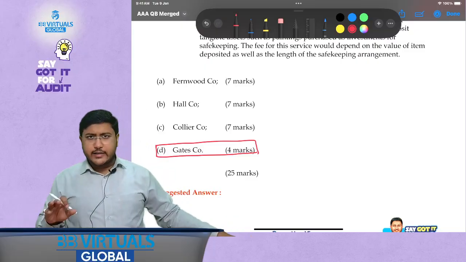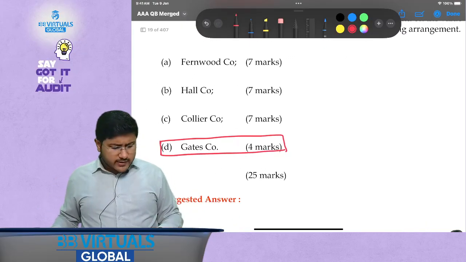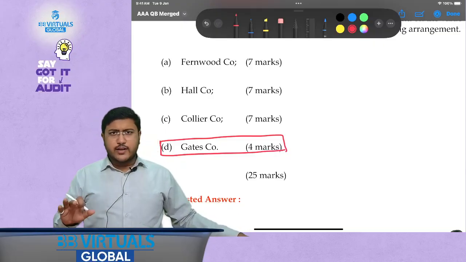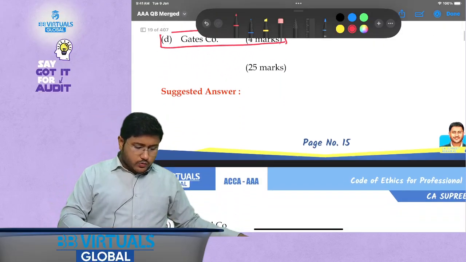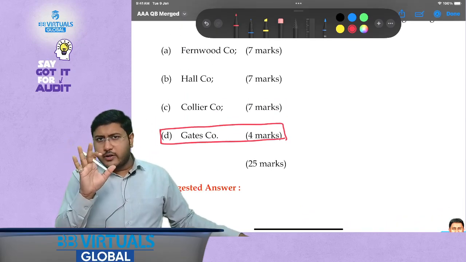Due to a technical glitch, I am not able to log into the ACCA study hub right now. No worries, we can solve this Gates part in the next class. I think there has been some printing error. We can solve the rest three. So you can take 15 minutes.